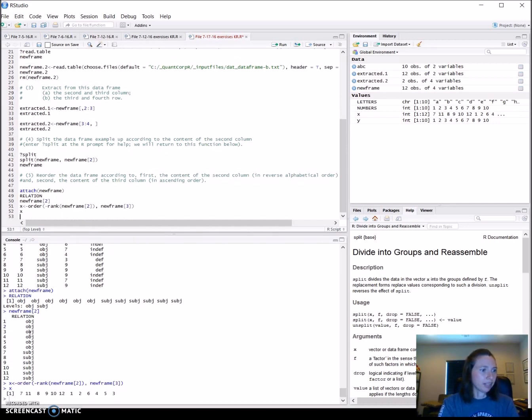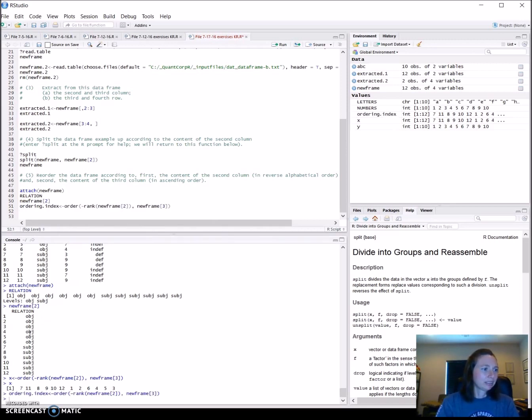So let's see what X gives us. So this is giving us the locations of the rows. All right, to help me keep track of what X is, I'm going to do this as we did before and call this ordering index because it's actually an index. And then if I want to put this into a new frame, I'll call this new frame. I'll call this one new frame 2. According to this new order,